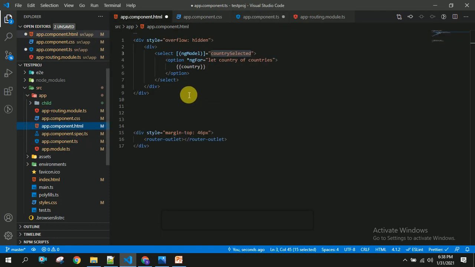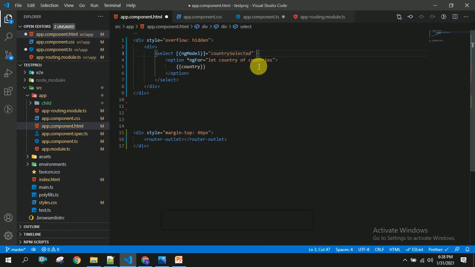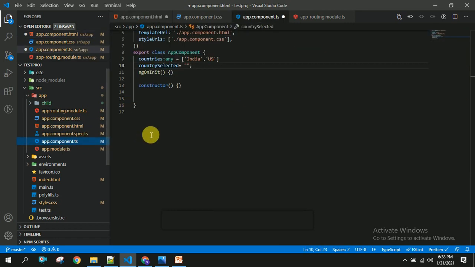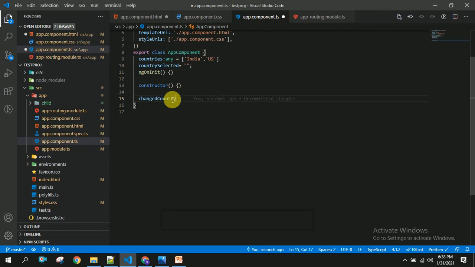And once user changes this, I am going to call a method by using change event handler in my select dropdown. So once user changes, this particular method will be called. So inside this method, I am going to write my code.